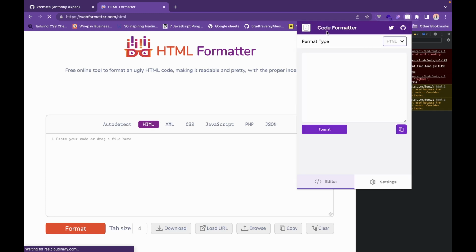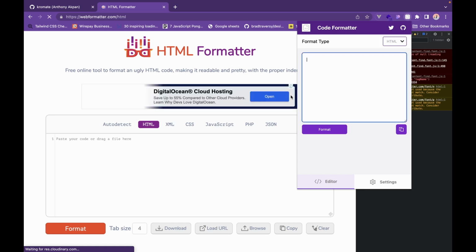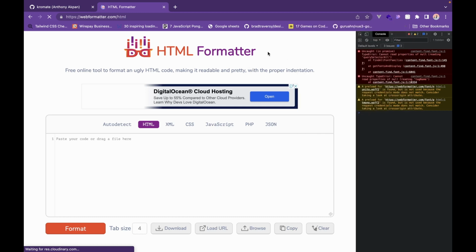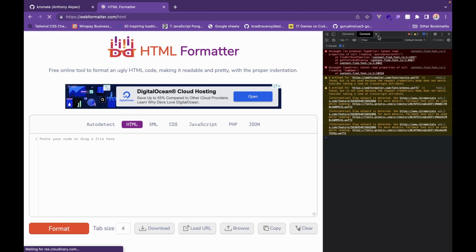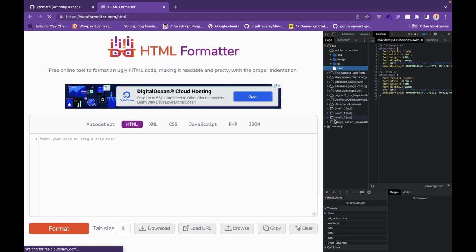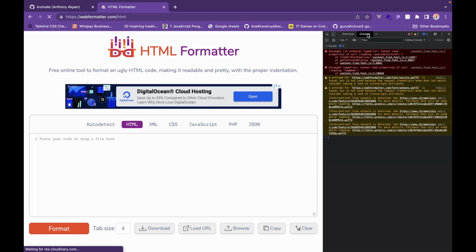A code formatter plugin that did exactly what this did. And in order for me to build this, this was my thought process. I needed to find out how this works, and so I did what any other dev would do. I went to the source tab and tried to view all the files. And I realized that if I paste a code here and I click format,